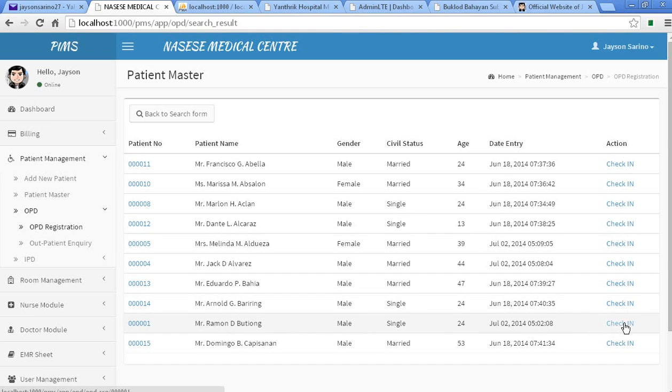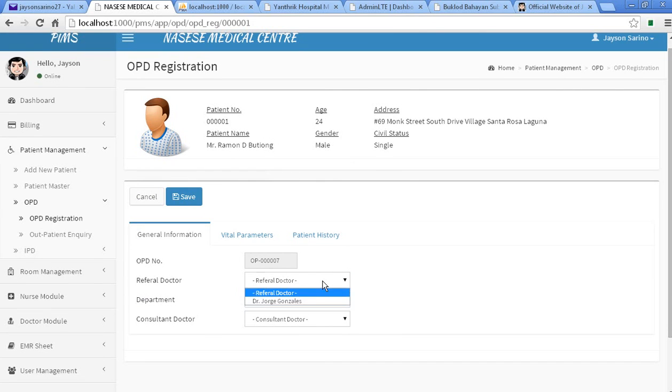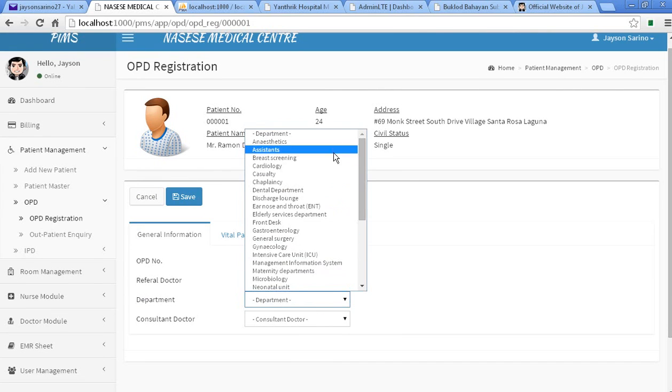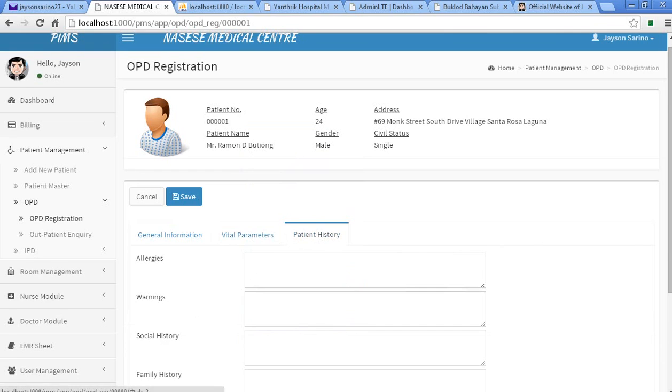Check in. Then this is his OPD number or visit number. Referral doctor, department, statistics, and consultant doctor. Vital parameter, patient history,